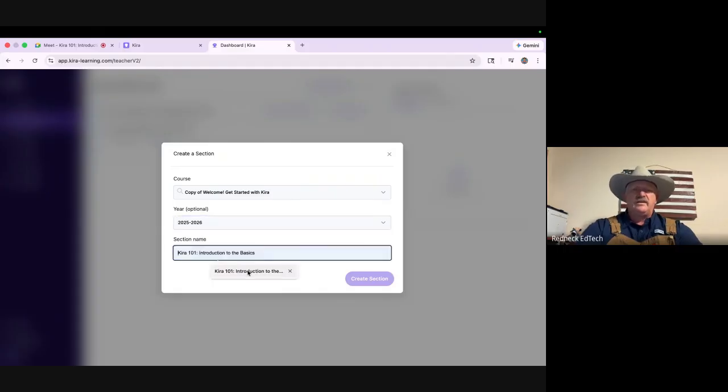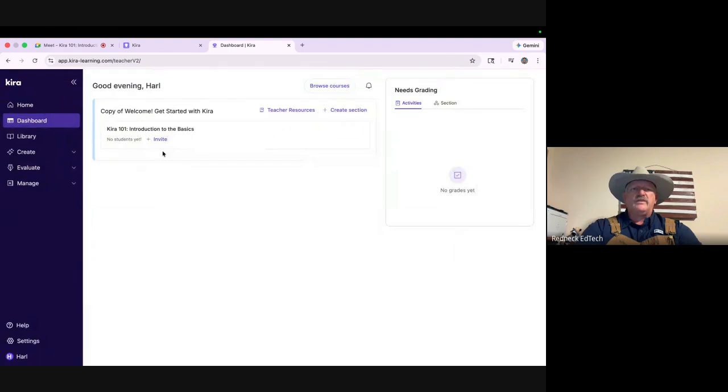If I want to create another section, I would, again, pick the year. I would give it another name, and then it would load a second section that I could load yet another group of students to. So if you have multiple blocks, you want to make sure you're keeping the right kids in the right block. This is where you would do it. If you're an elementary school teacher and you're by periods or blocks, that's fine. But if you're a partner teacher, you could have your morning and afternoon classes. Some elementary schools break up math and science with reading and English. However, the transition is, you need to break that up. That's what it's there for.